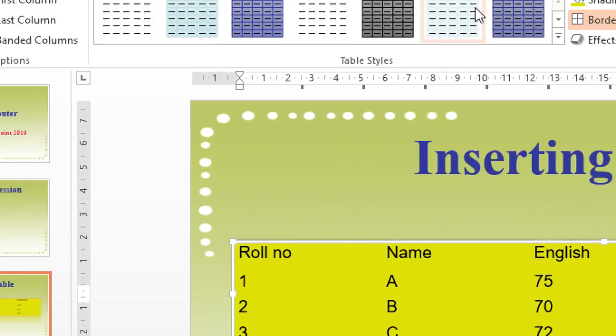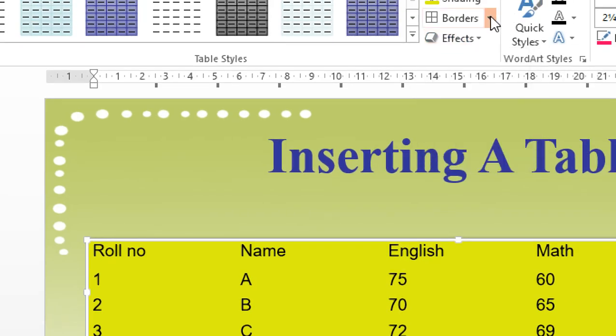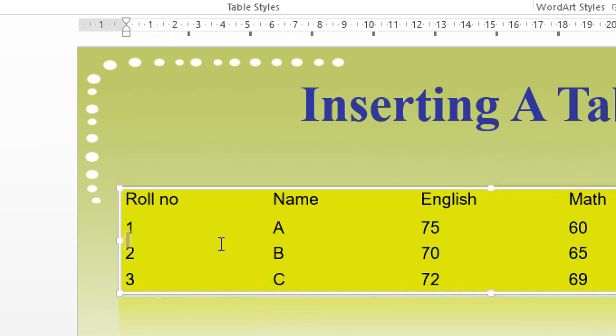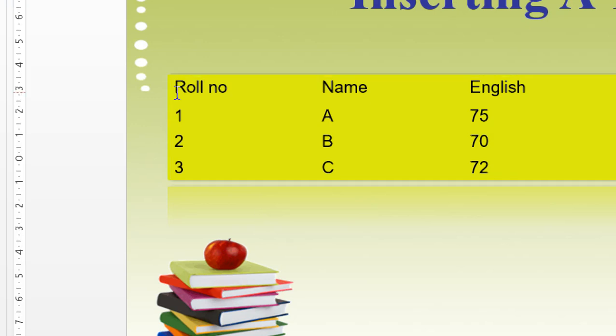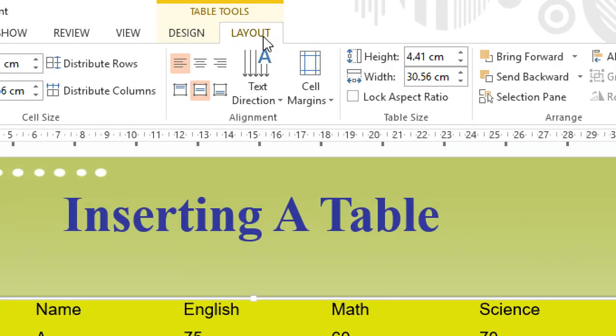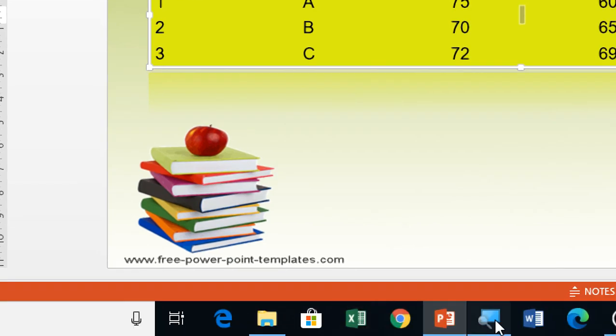Okay, all border. Clear everyone? So this way you can do it with all border. And then afterward select your whole table and go to layout and change the text directions, center, left, whatever you want to do, alignments, those alignments you can do it. Clear? So this way we can do different things with this table.